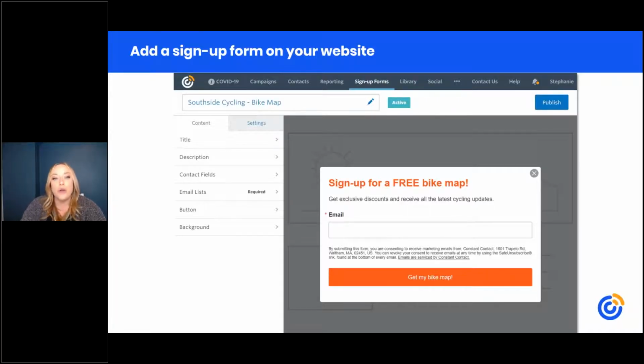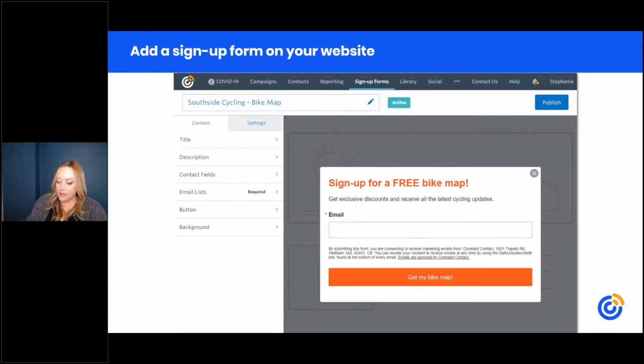We also do have an inline or embedded form that you can embed on your website, or if you want to have your own landing page for people to sign up for your email list, we can have your own landing page as well. But what we find is that the pop-up form is much more effective. You'll see a lot more signups that way. And you can easily create any of these types of sign-up forms within your account. You'll see there on the screenshot on the screen. Just log into your account and you'll see the sign-up forms tab there up at the top